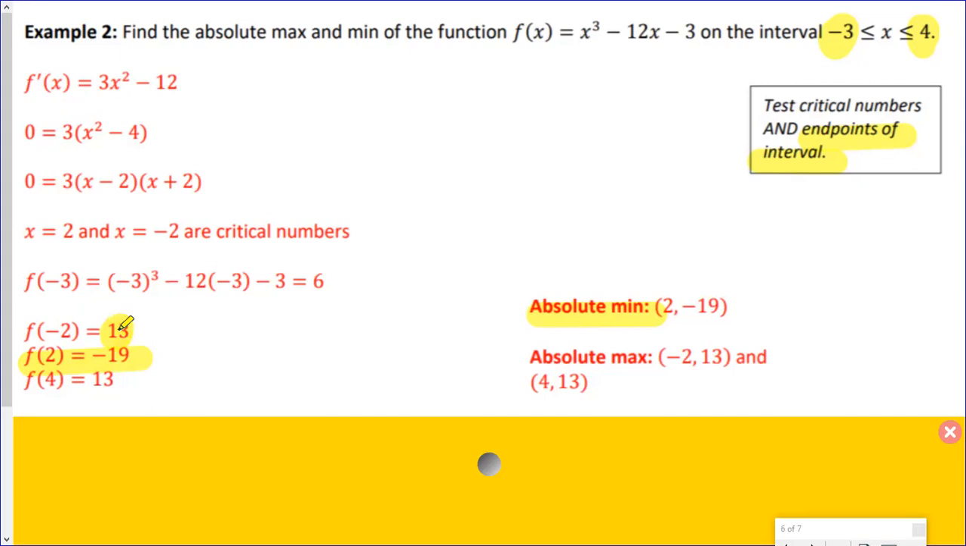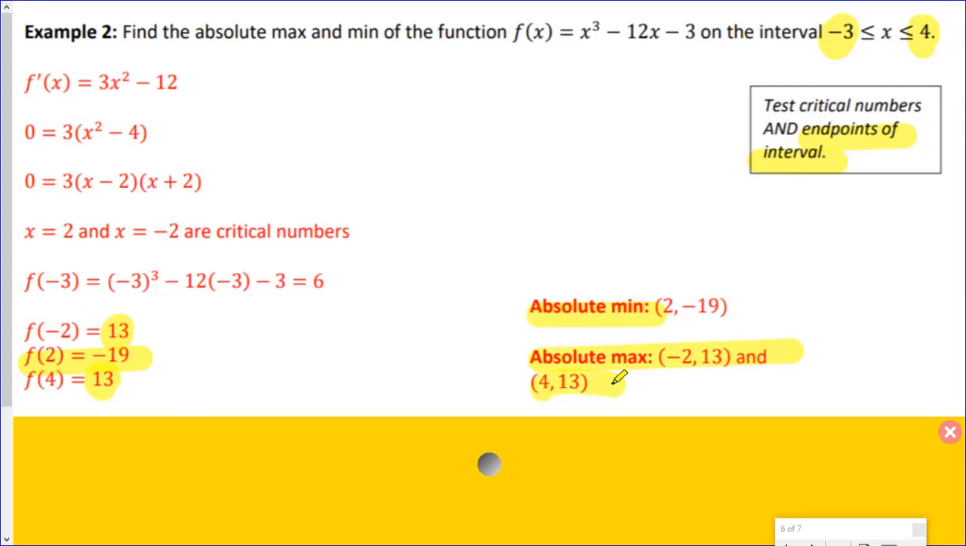When x is equal to -2, y is equal to 13. And when x is equal to +4, y is equal to 13. That's why we had to also test the endpoints of the interval. So our absolute maximum, so -3, +6 would still